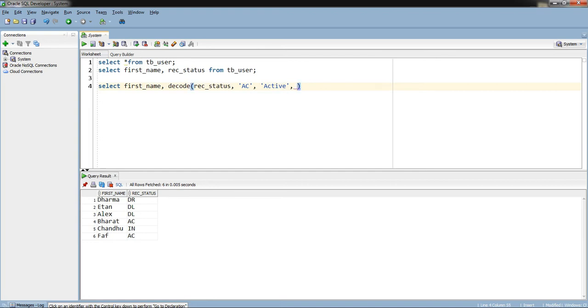And if this matches DL, then I will return deleted. In either case, I will return inactive for DR and IN. From TB user.